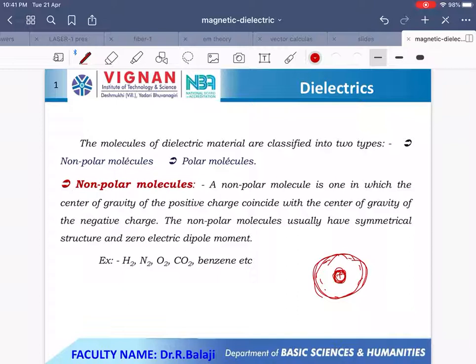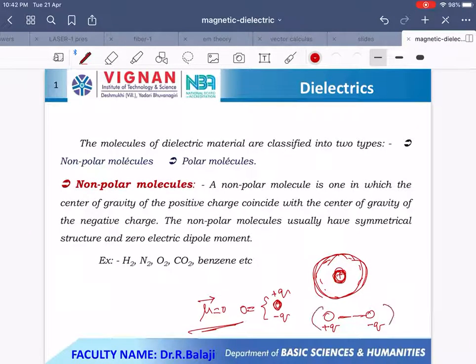In some molecules, due to symmetry, the center of gravity of positive charge and the center of gravity of negative charge are at the same place. So this is the place of plus q and of minus q, and the distance between these two charges is equal to 0. Then the dipole moment value is 0. Such molecules are called non-polar molecules. In some molecules, the center of gravity of positive charge is located at one place and the center of gravity of negative charge at another place, separated by a fixed distance.